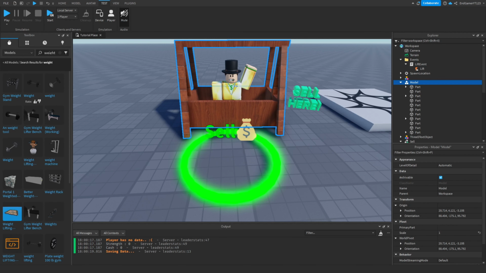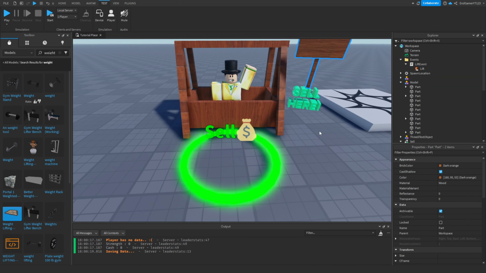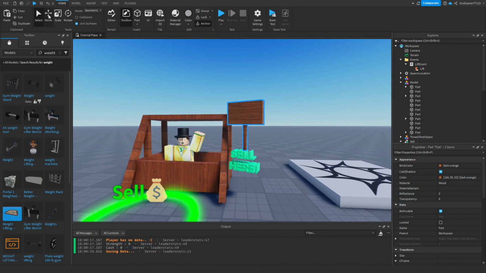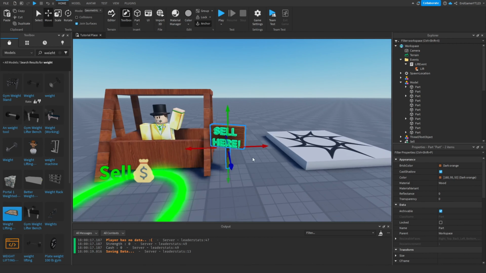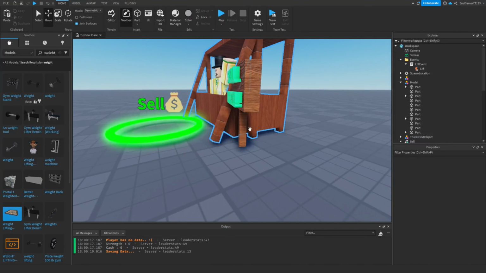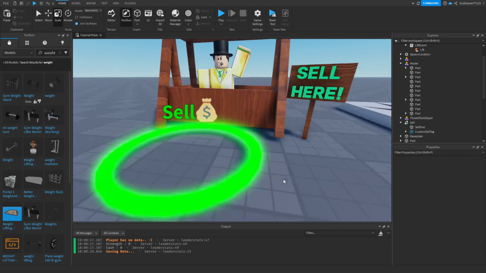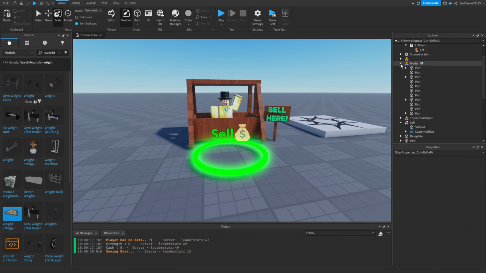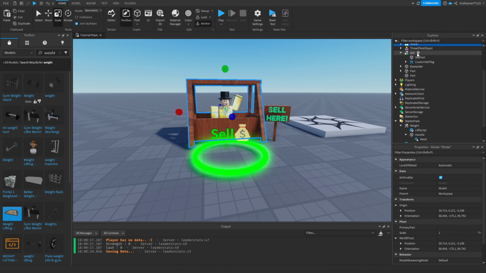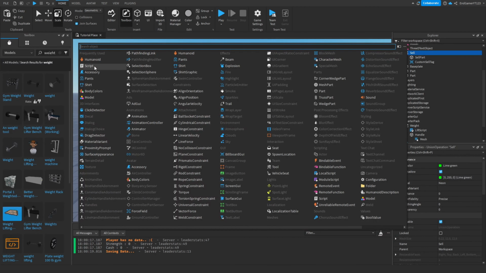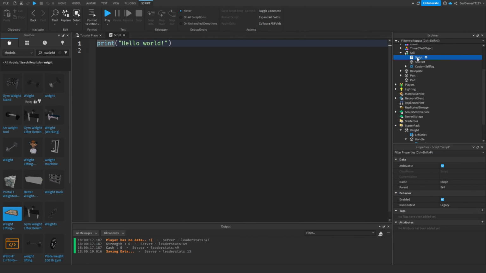Ooh. Apart from the fact that I managed to somehow forget what the concept of a sign backwards is. Yeah, so I'll do that, and then just drag it down. And that's floating. Hold on. There we are. We have a nice little sell sign. It's all anchored. So now, if you put inside of your sell area a nice little script, and name that script